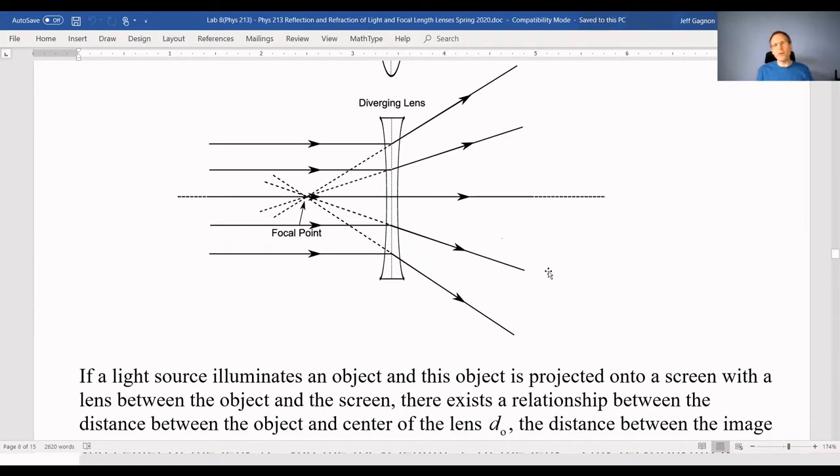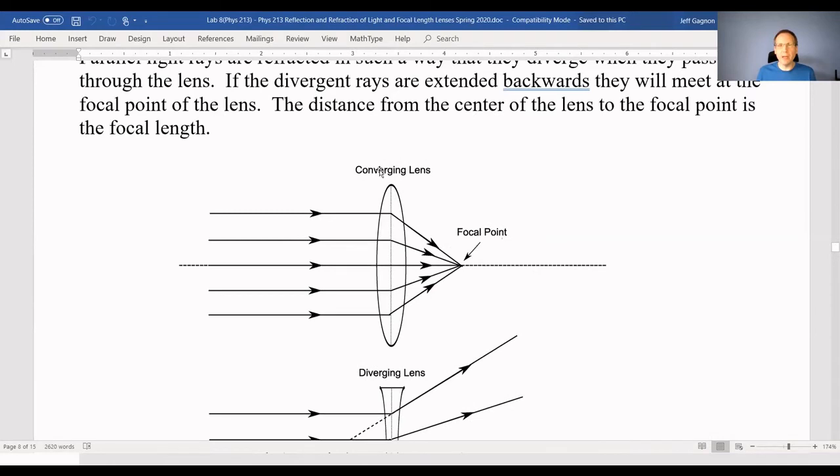And basically the goal for this part of the experiment is to measure the focal lengths of converging and diverging lenses. Okay, so what happens now if we take a converging lens and we have some object that's illuminated? In this case, it's going to be an arrow. So let me show you that